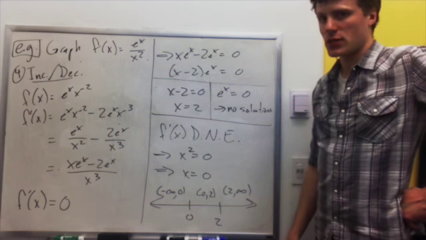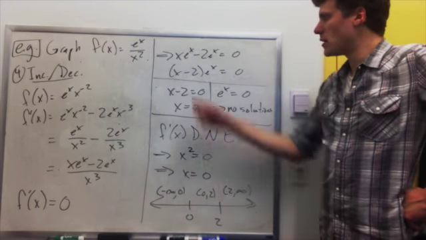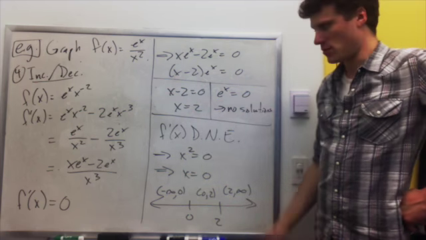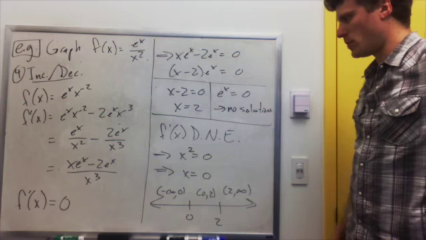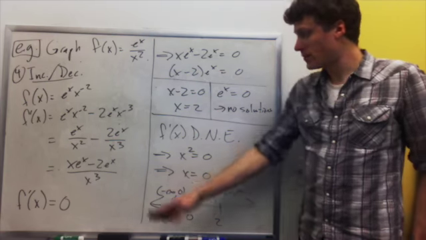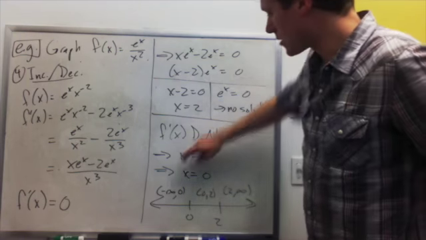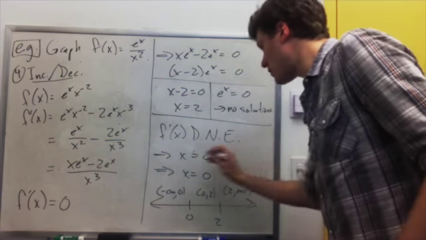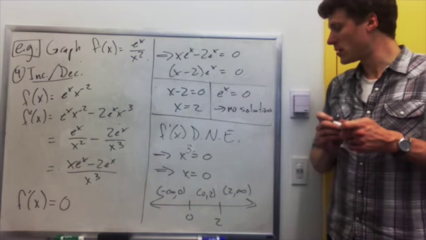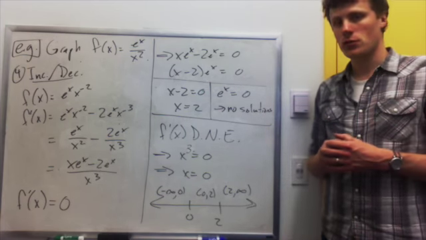I factor it to get x minus 2 times e to the x is 0. The first factor is 0 when x is 2, and the second factor is never 0. So that's one critical point, 2. The other critical point will be when the derivative doesn't exist. It doesn't exist when the denominator, which is x cubed, is equal to 0. So x cubed equal to 0 happens when x is equal to 0, so that gives us two critical points,